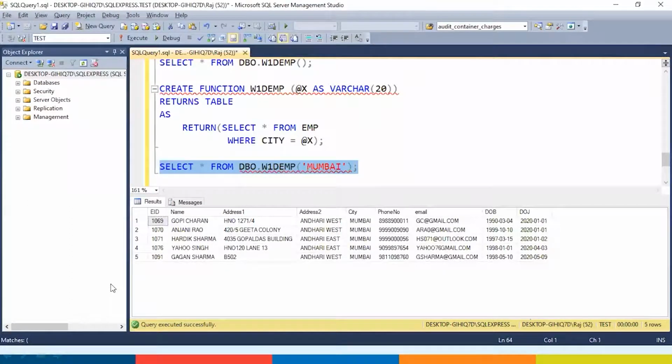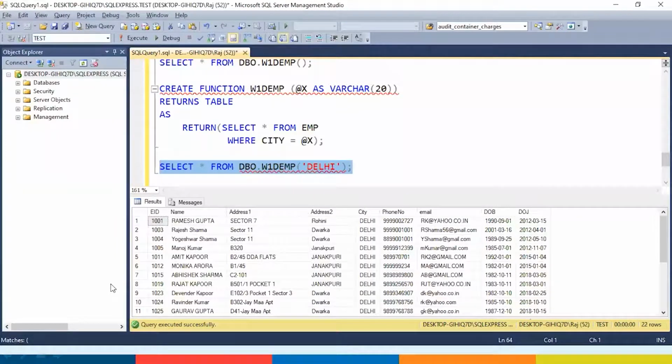Here it is. You are getting the details of Mumbai employees. Now it is your parameterized function, and let's say Delhi. You are getting the details of Delhi.